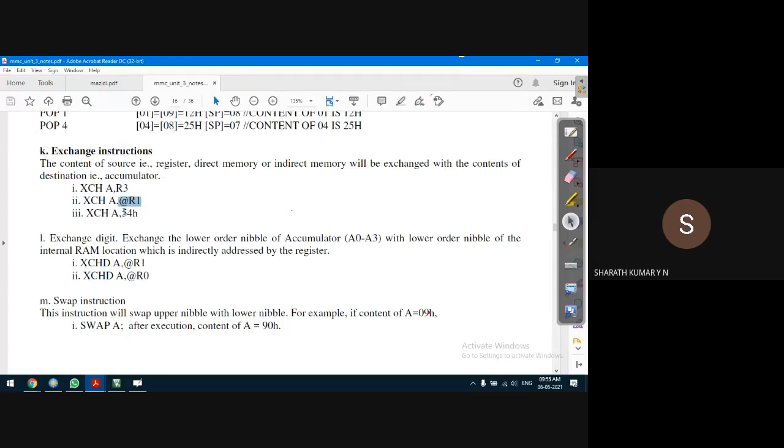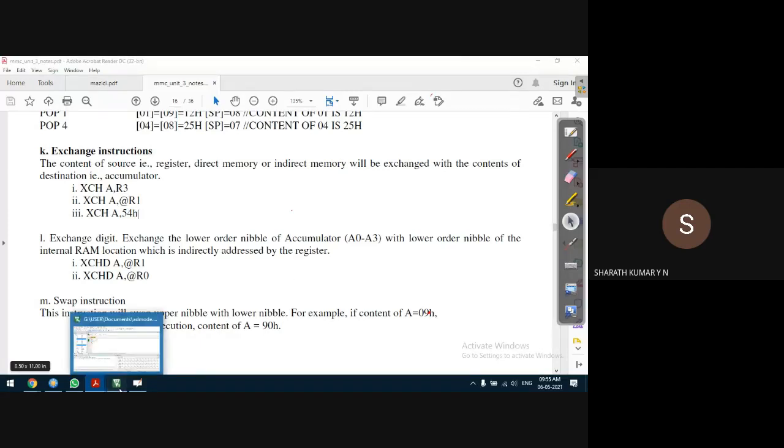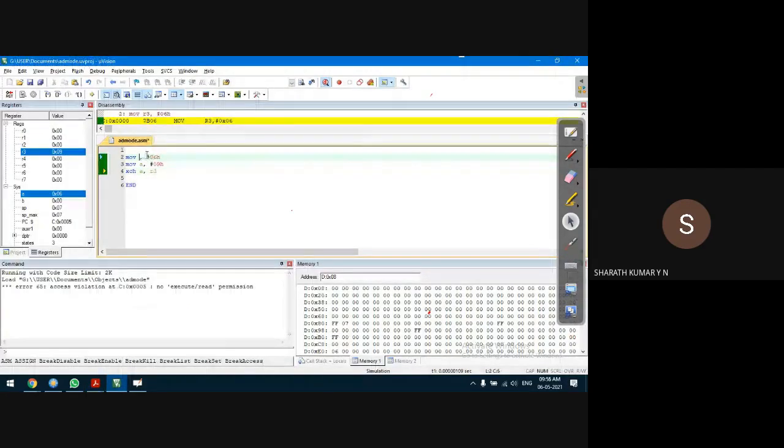Another possibility is that data can be available in 54H. So instead of R3, we can say 54H. One of the data is in 54H, and another data is in the accumulator.